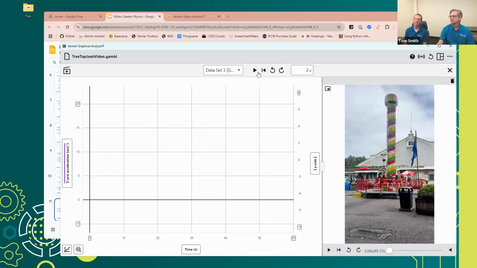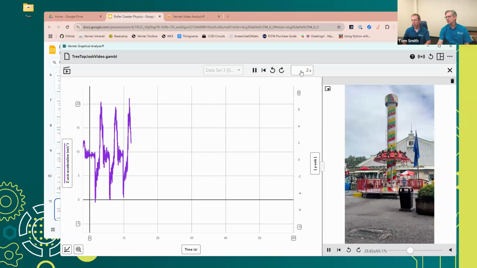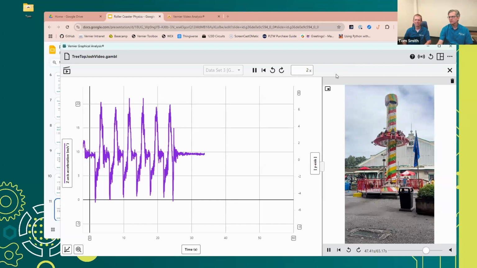Tom shared that link earlier in the presentation. So if you want to try this out yourself, you'll need to activate Graphical Analysis Pro. So I'm in the replay mode here, and you can see I've sped this up to 2 times. This would be a really fun ride if we were actually going that fast. But it's just to illustrate that connection between the